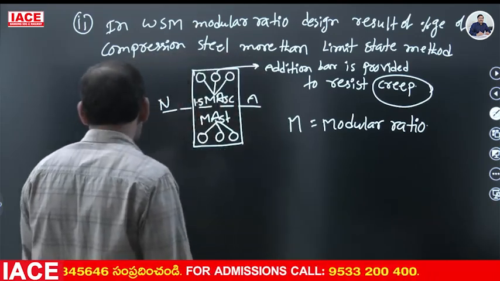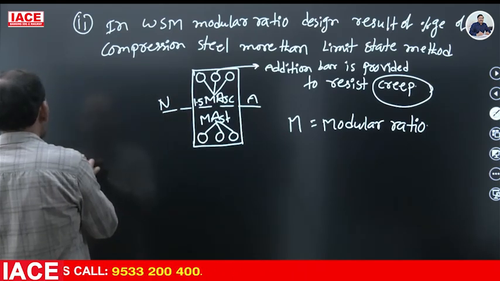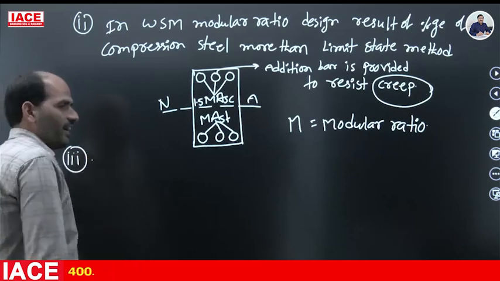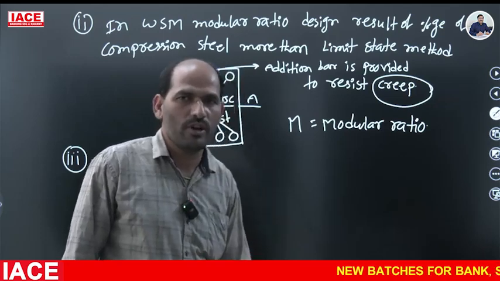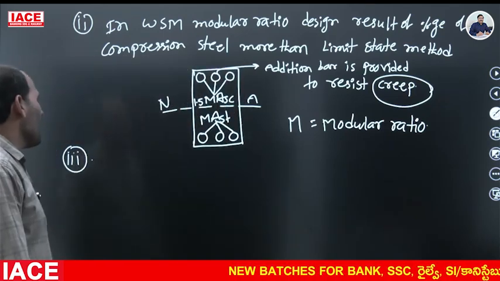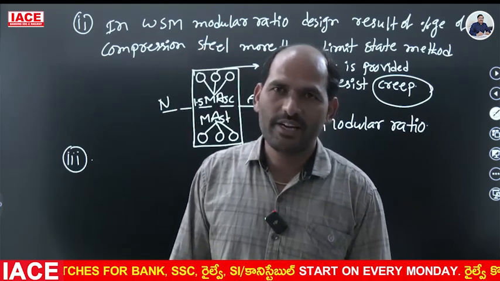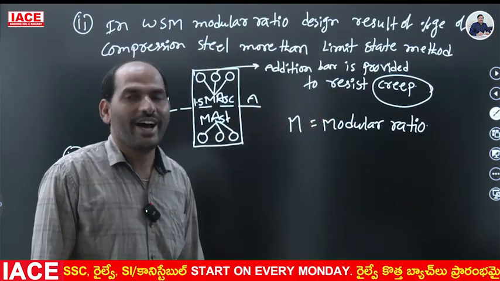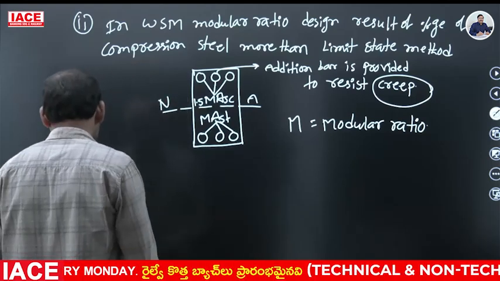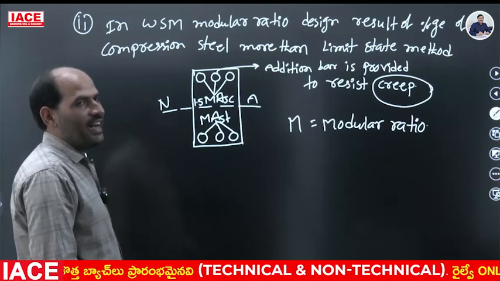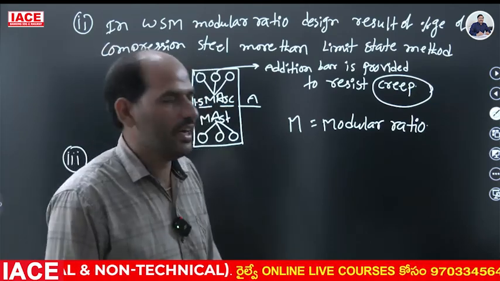And one more, the third drawback. This is one more drawback: an additional bar is required. The third drawback is that in the working stress method, because of the non-linear stress-strain curve and creep of the concrete,